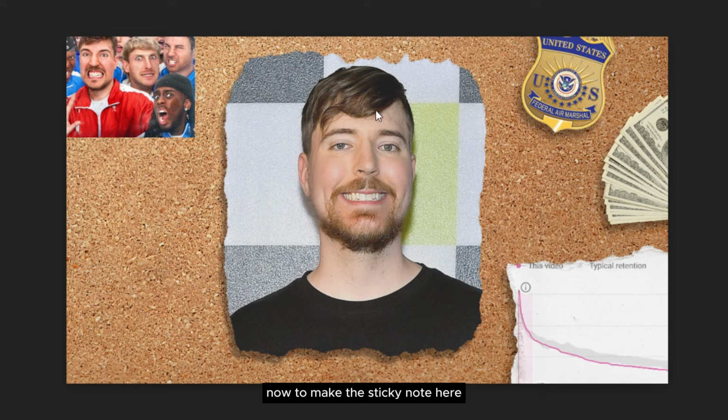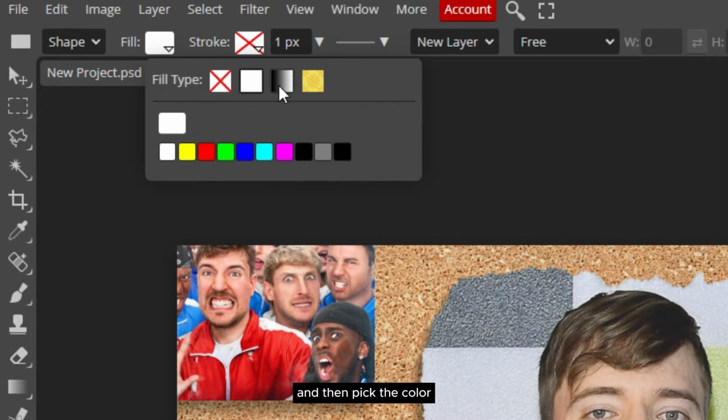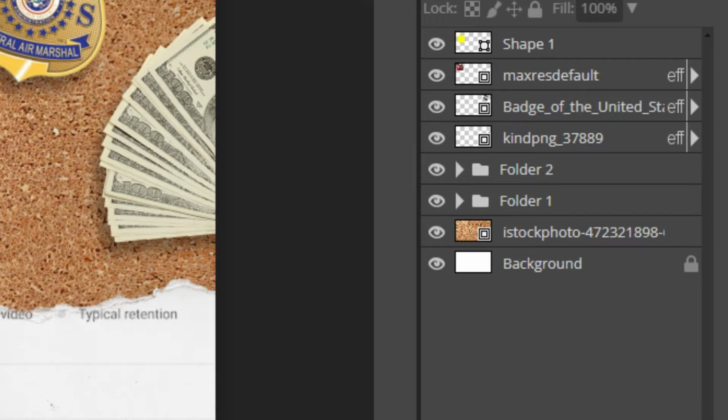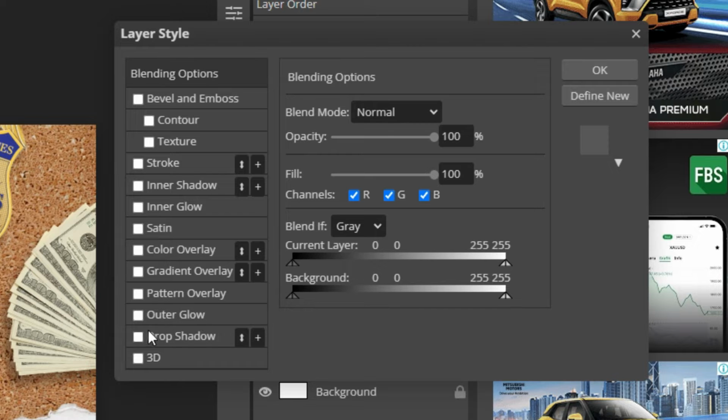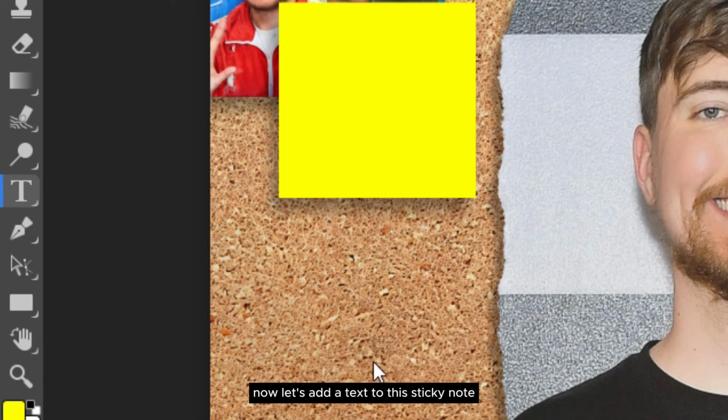Now to make the sticky note here, I'm going to go to the shape tool, choose the rectangle shape, pick the color and pull it here. Now let's add text to this sticky note.